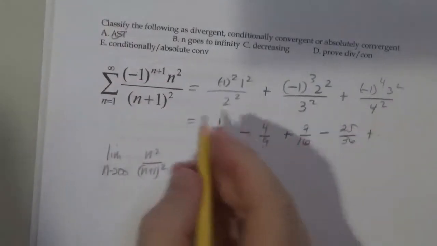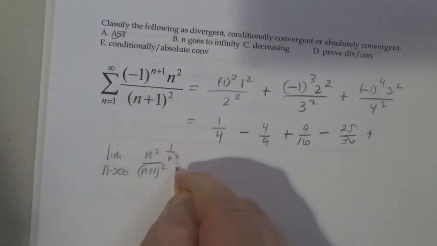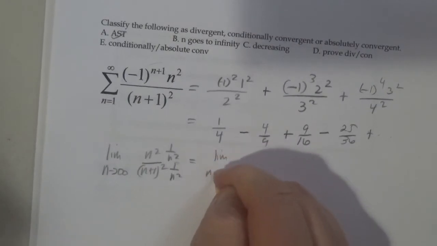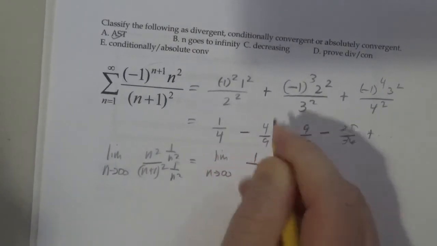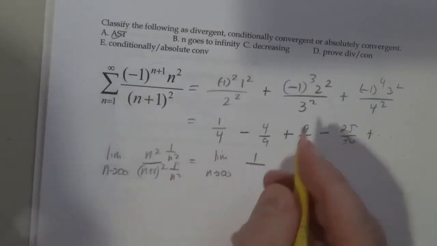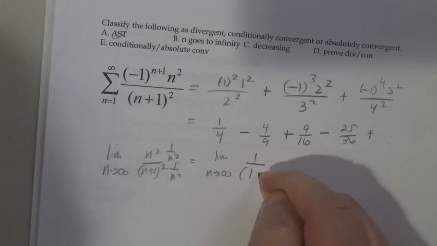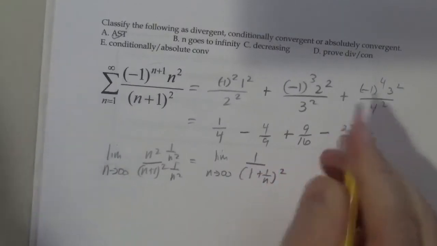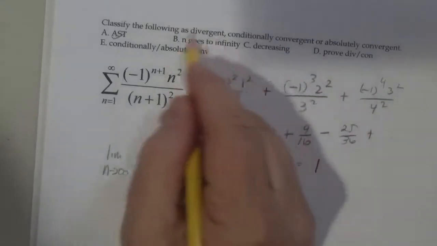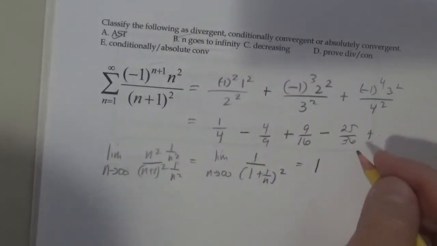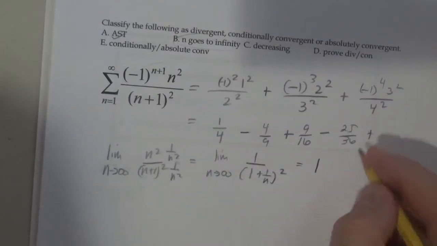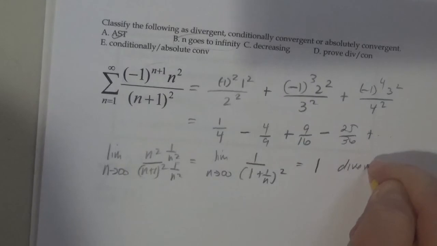Let's just prove that. Multiply top and bottom by 1 over n squared. So this becomes the limit as n goes to infinity of 1 over, if I move this in here, it just becomes 1 over n, so this is 1 plus 1 over n squared. So this whole thing is 1. This does not go to 0. That's one of the criteria for the alternating series test, is your limit needs to go to 0. So this goes back to our first test that we learned, which is the divergent